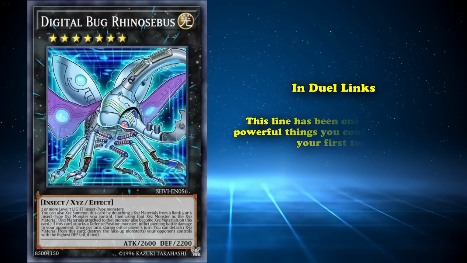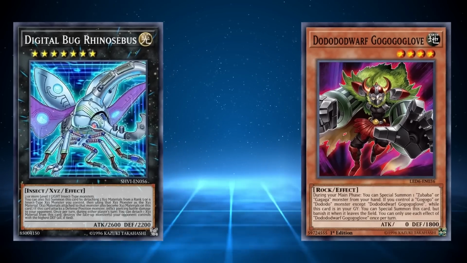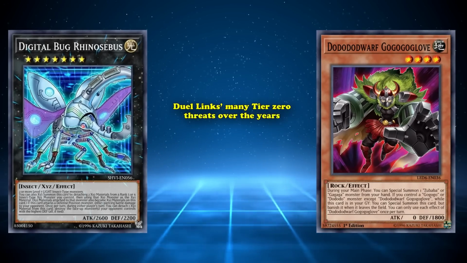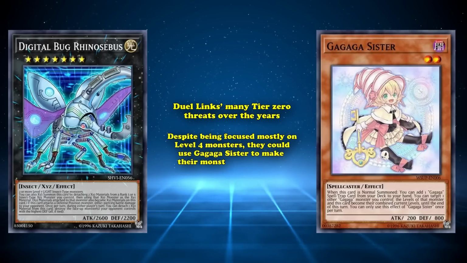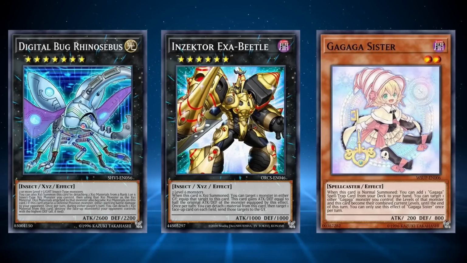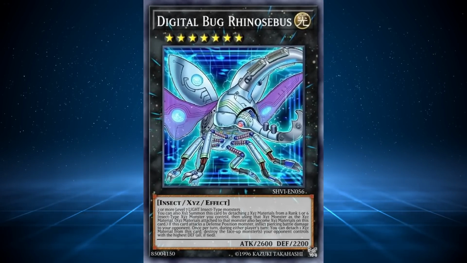However, in Duel Links, this line has been one of the most powerful things you could go into during your first turn. The first deck which abused Rhinosebus was Gagaguz, one of Duel Links' many tier 0 threats over the years. Despite being focused mainly on level 4 monsters, they could use Gagaguz's sister to make their monsters into level 6, then go into Exabeetle into Rhinosebus. Being able to end on a quick effect pop was so strong that this card had to be put on the semi-limited list, which only lets you play 2 copies in your deck, where it still resides